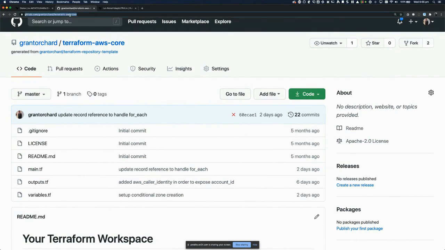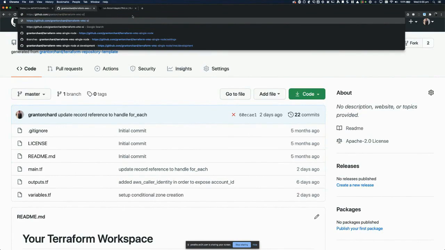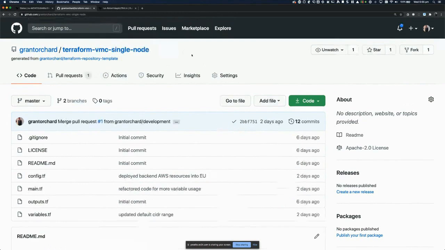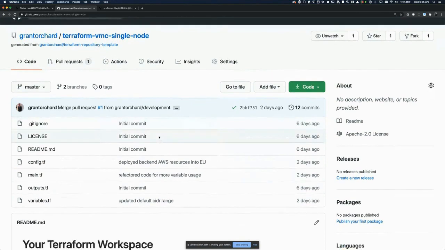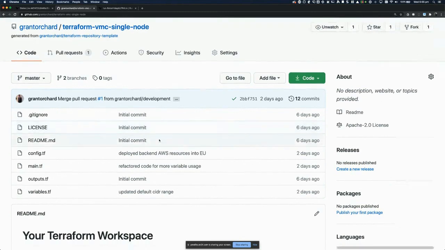I use that actually for all of my AWS infrastructure, not just for VMC. Then we had Terraform VMC single dash node. So if you want to be instantiating, again, a single node, what I will say is, look, this code is very much fine for you to play with and mess around with. I didn't try and turn this into production grade Terraform code. It is good quality for a demo, but it will need some work if you're actually going to try and use this within production,